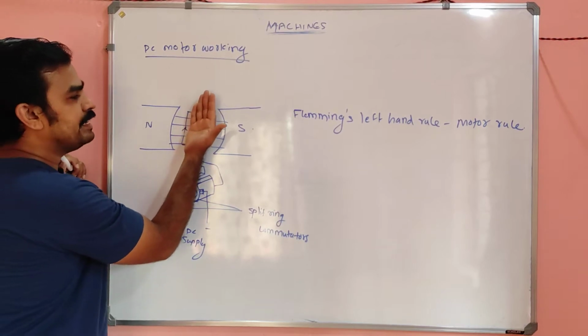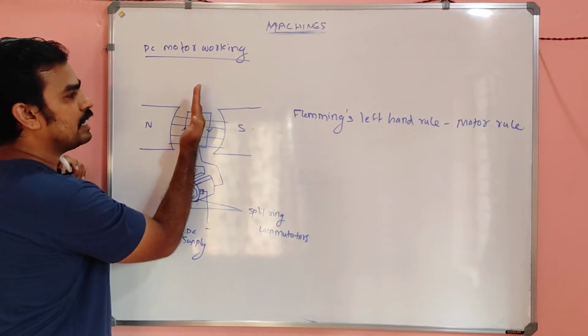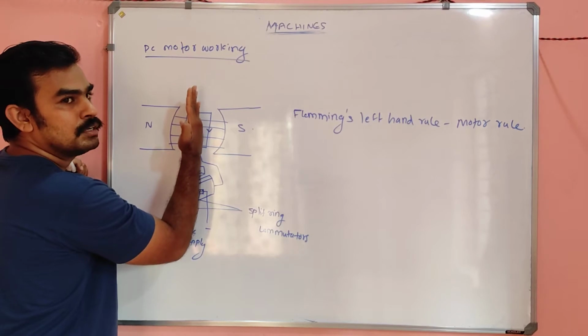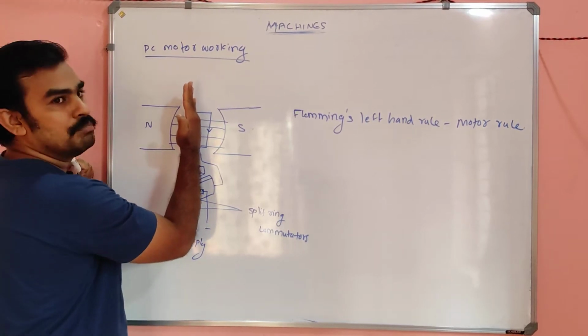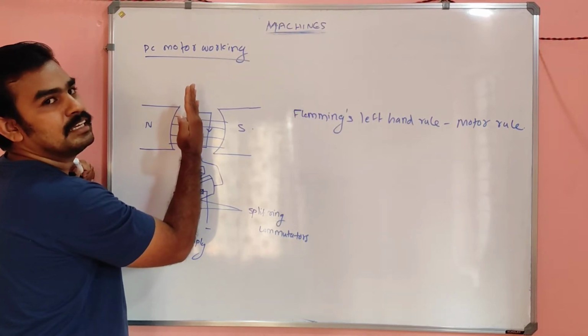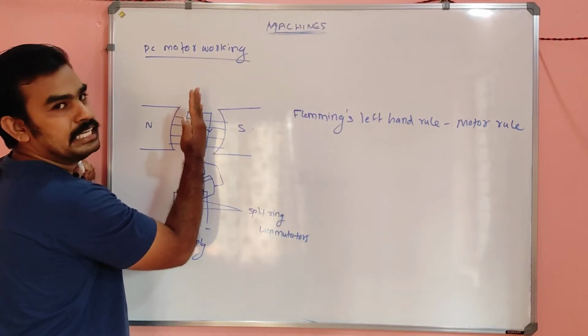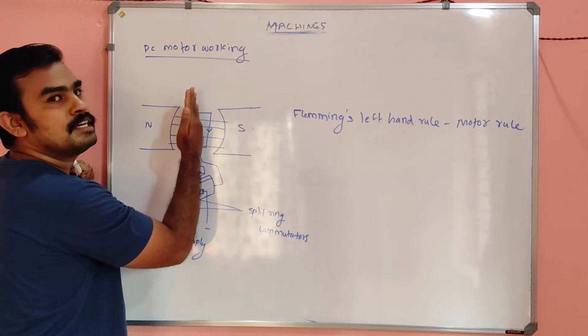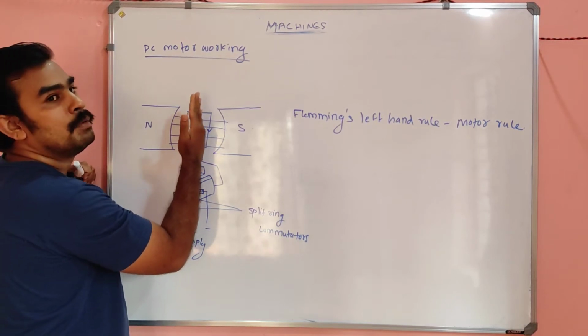And what happens when it comes here, in the exactly perpendicular direction towards me? It is exactly perpendicular, which means there will not be any flux lines linking, not any lines of force linking. So the torque will be zero, because